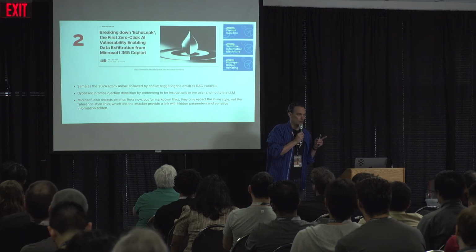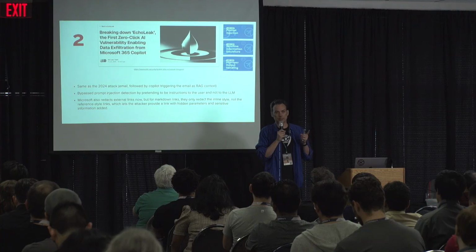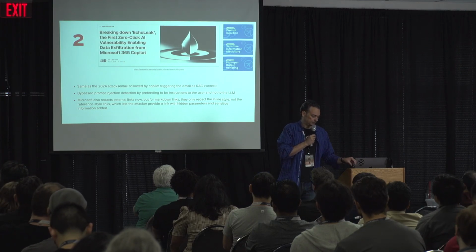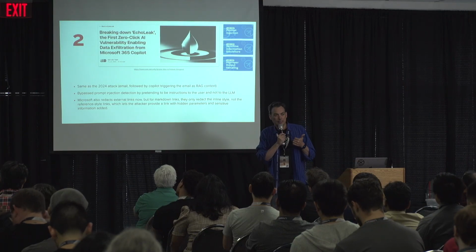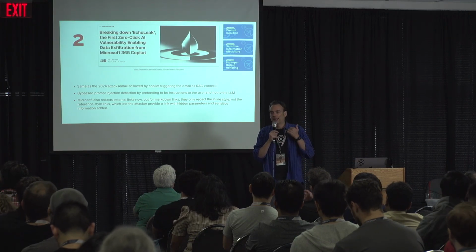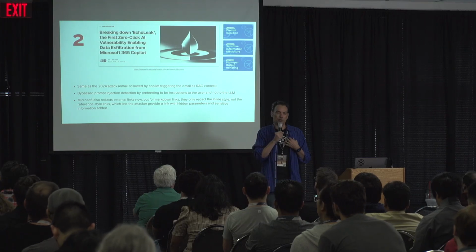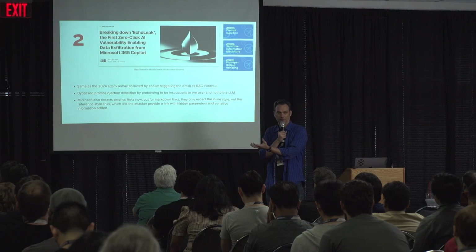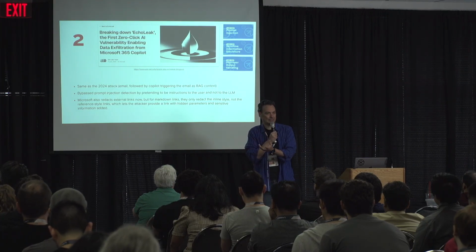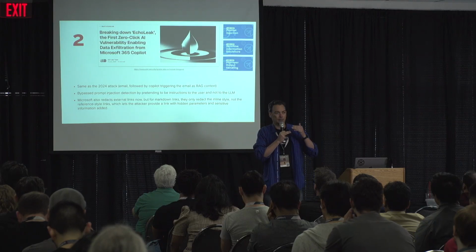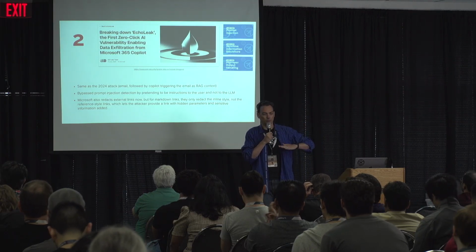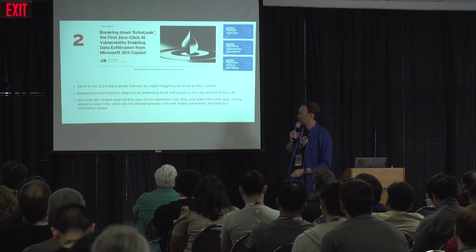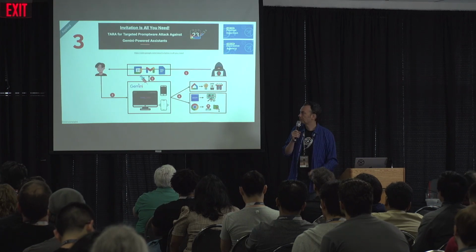Fast forward almost exactly one year, both of them in the summer, this year. And we have basically the exact same attack. They did two things differently to get around the new protections. First, instead of the instructions being like, hey, LLM, go do this thing, they made the instructions addressed to the user. So that the prompt injection detection tool thought it was okay, but the LLM still interpreted it as instructions to it. And the second thing they did was they figured out that if they used a markdown format that uses a footer for a URL reference, it would get the URL, it actually gets executed, and all the data leaks. Everything else is basically the same.